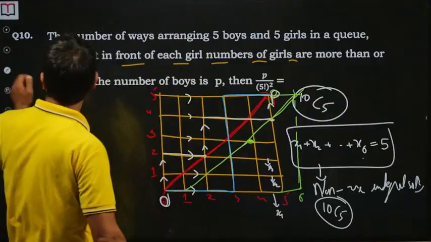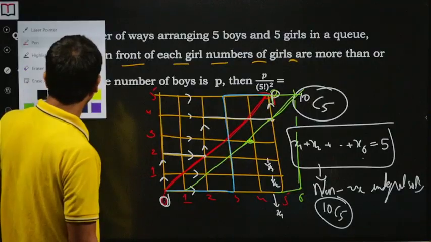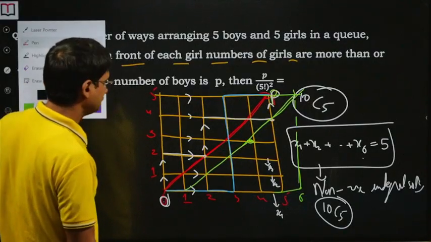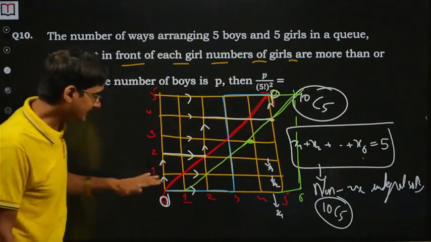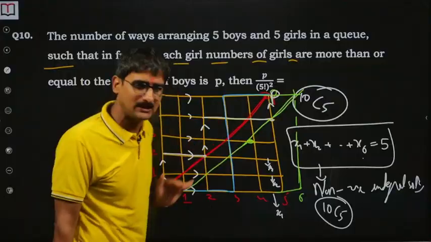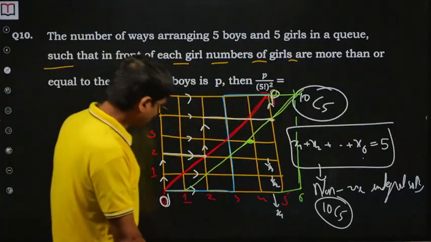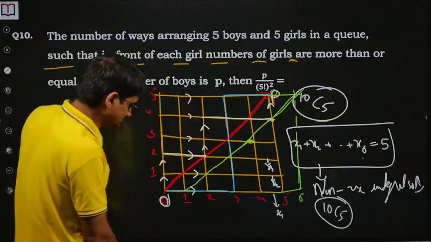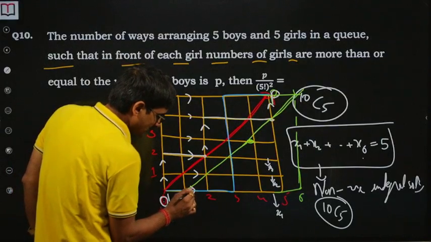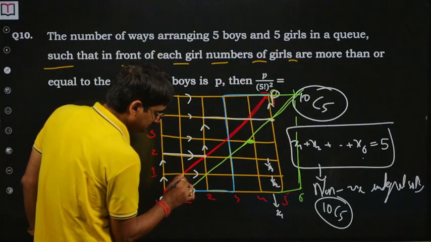Now take the mirror image of this path. Which color shall I use now? Maybe dark green, or maybe yellow. The mirror image of this blue color path on this green diagonal. When you do it, it won't be that easy for me. Go like this, you go like this.